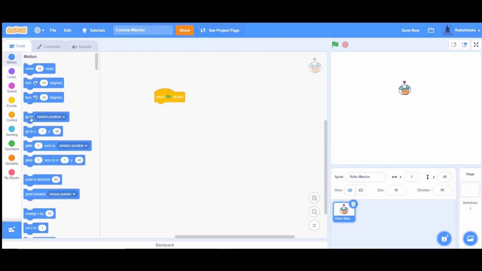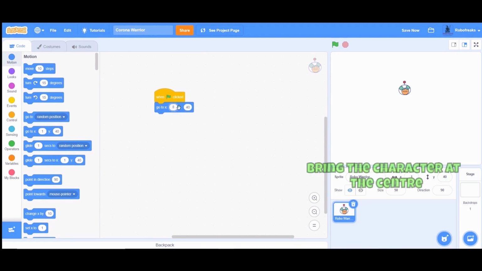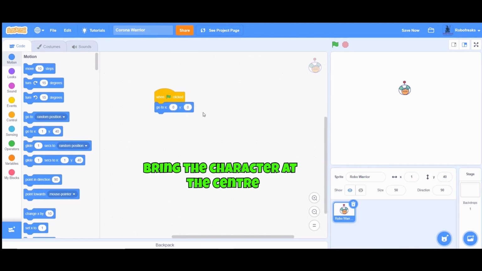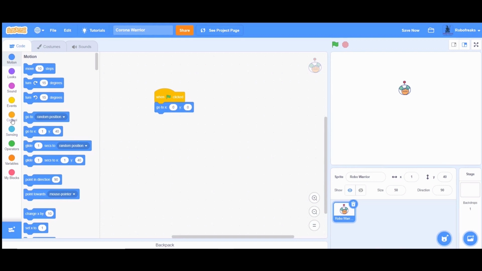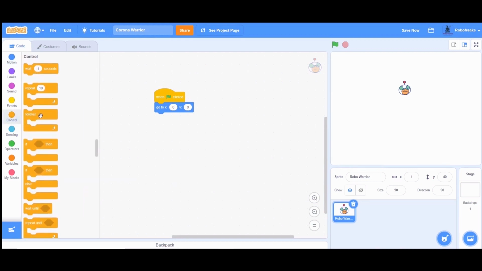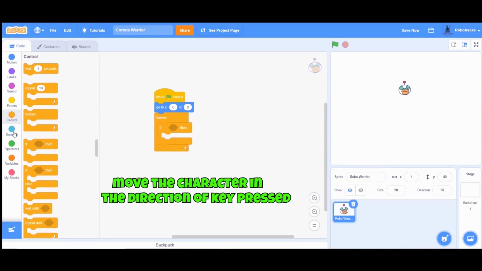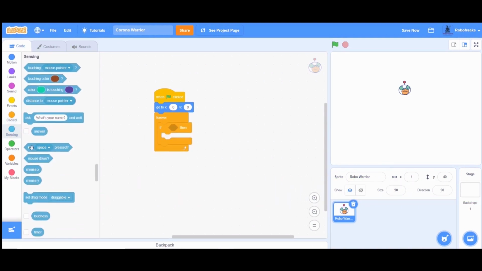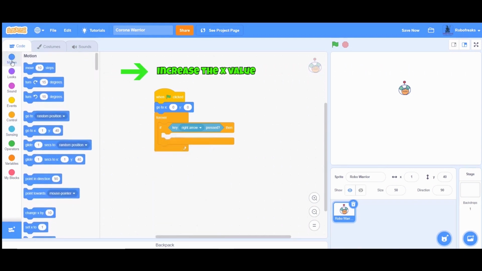The arrow keys will be used to move it. Bring the character at the center when the game starts. I will keep checking which arrow key is pressed and move the Robo Warrior in that direction. If the right arrow key is pressed, we will increase the X value by 5.